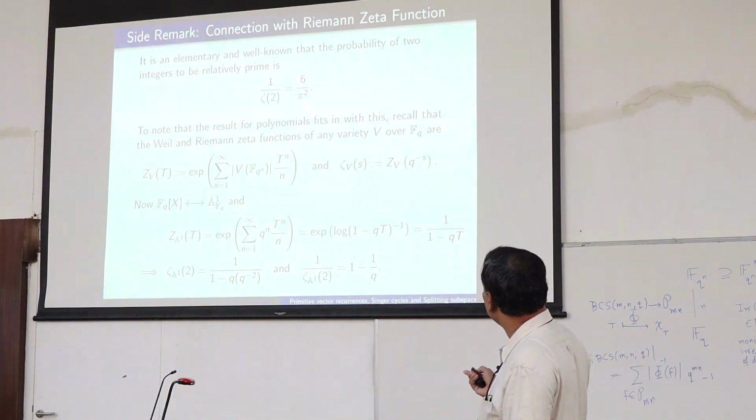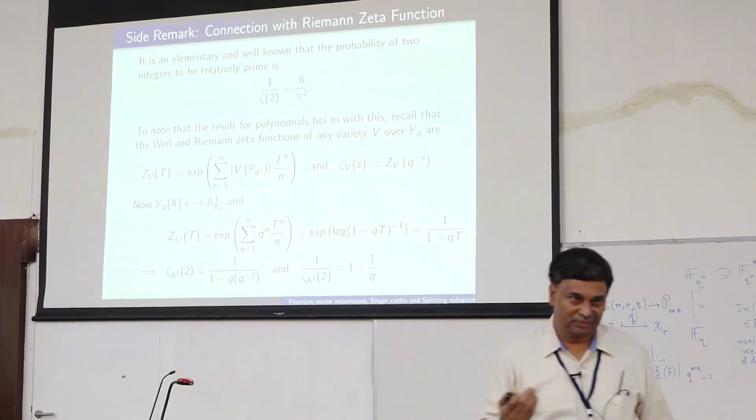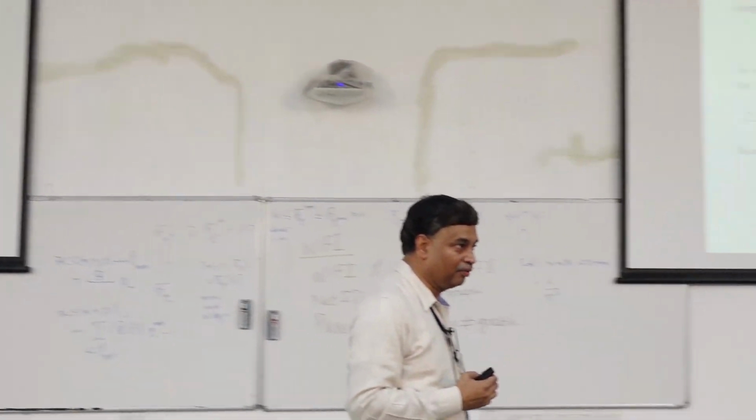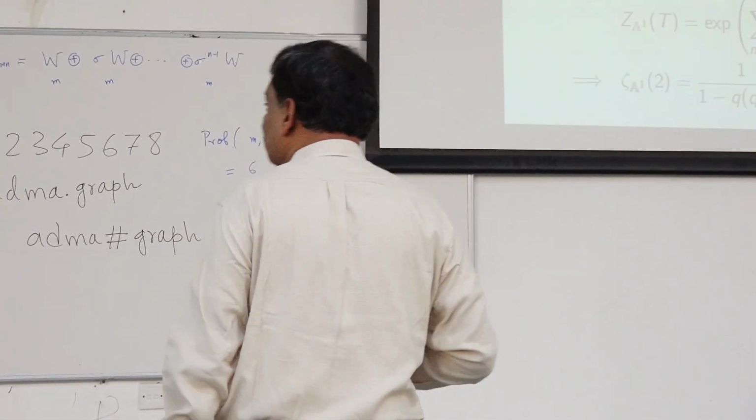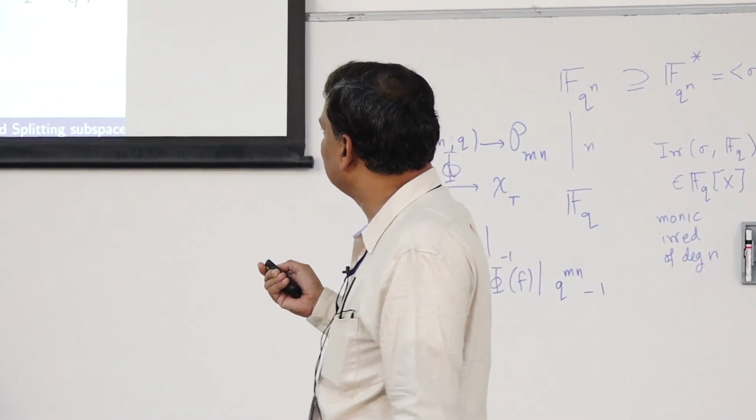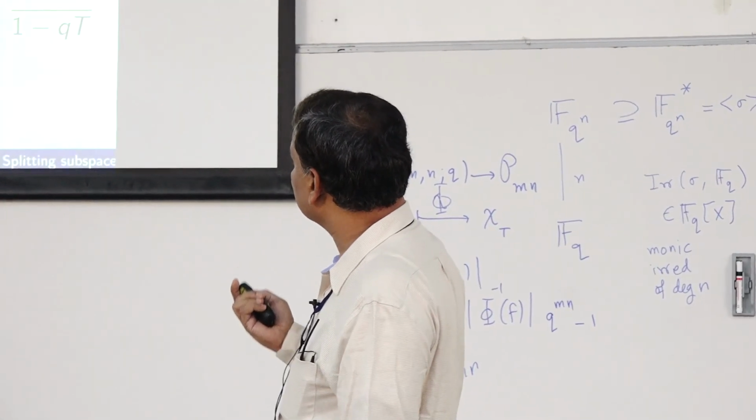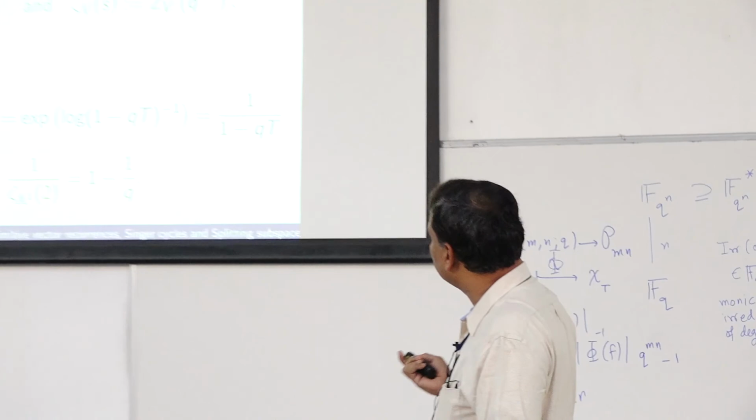So the probability of two integers to be co-prime is 6 upon pi square, which is 1 over zeta 2. Zeta is the Riemann zeta function. Okay? So here is a small argument. There is a wonderful generalization of the Riemann zeta function in the setting of algebraic geometry called the Weil zeta function. And what it is, is that you take any